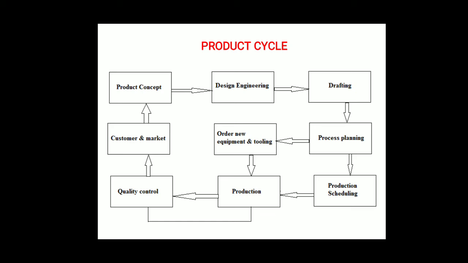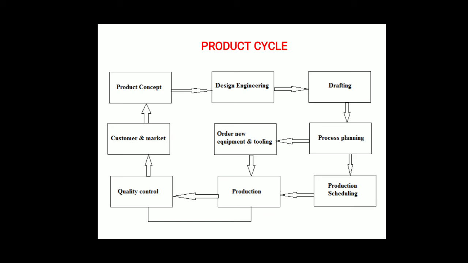Next, rational design. It is purely mathematical design based on the principles of engineering mechanics, or simply engineering sciences. Example, design of shaft diameter for a coupling. So rational design is totally defined by mathematics and the principles of engineering mechanics and science. This is the rational design, which depends totally on engineering, mechanics and science. So these are the types of product design concept.